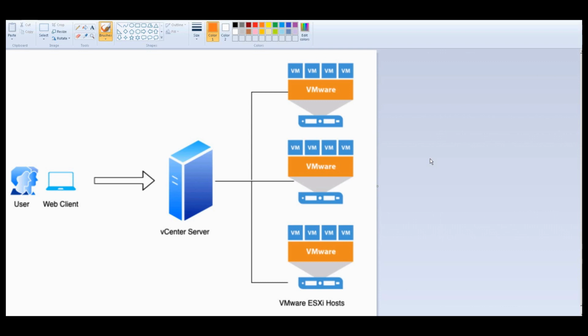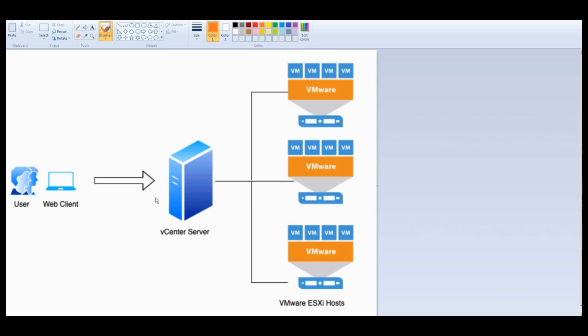So in this video we will talk about the vCenter, like how you can set up your vCenter server and can manage the ESX servers or the ESX host. So what is basically the vCenter server all about? vCenter server is an application that enables you to manage your vSphere from a centralized location.